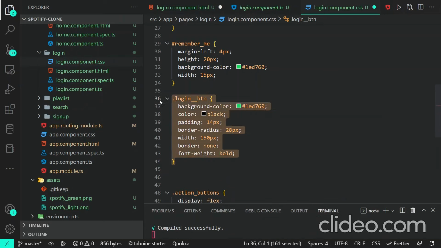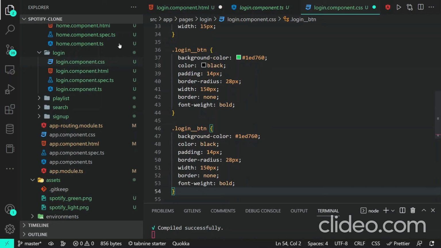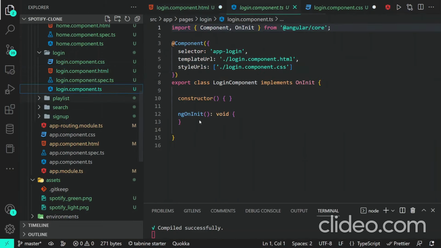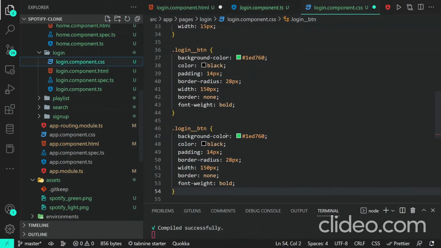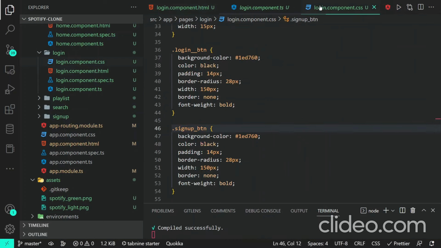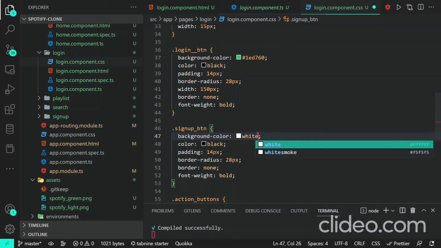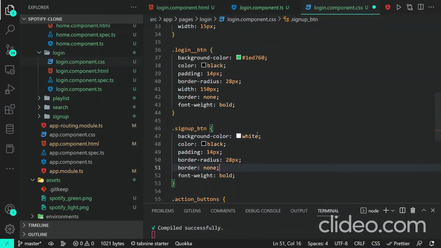Let's first of all copy this entire button. We place it over here into the HTML. Now we select this class, and now going back to the CSS, we place it over here. Hit both of the changes, and now we need the width we have set, so we don't need the width. Rest everything is fine, and we need the background to be white, and the border should